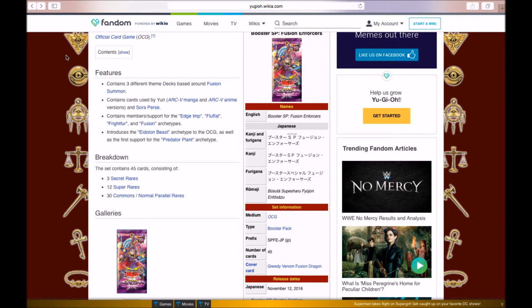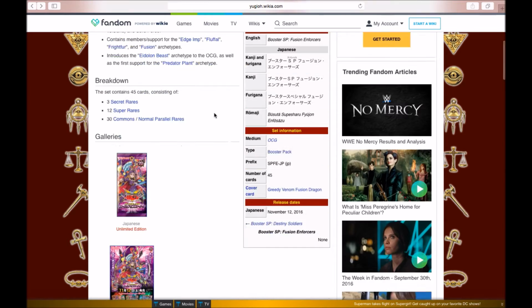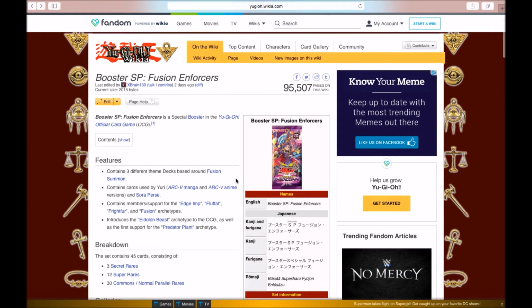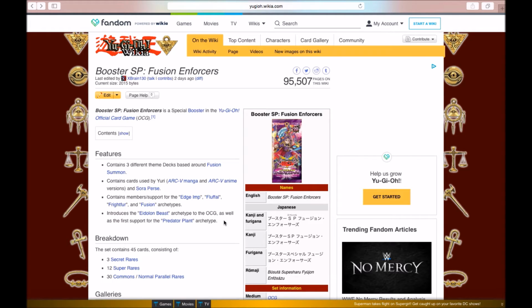Alright, so we're going to be talking about the new booster pack, Fusion Enforcers. Now, this pack is, of course, right after Destiny Soldiers, which I don't really know what Destiny Soldiers had in it anymore. I can't remember. But anyway, basically, this is the one that's focused on fusion summoning, because we had High